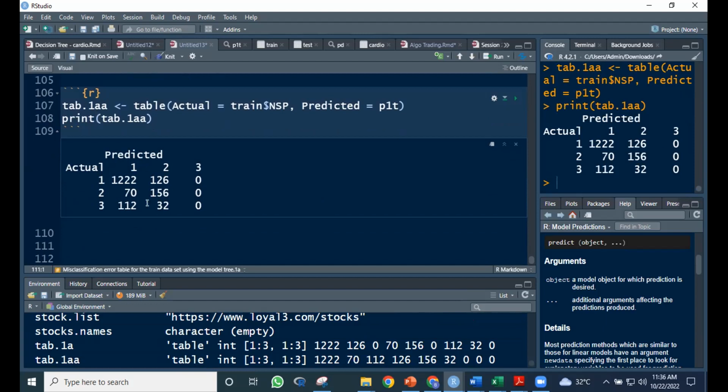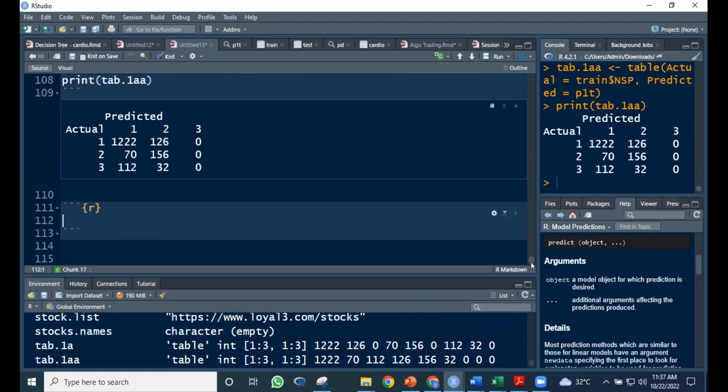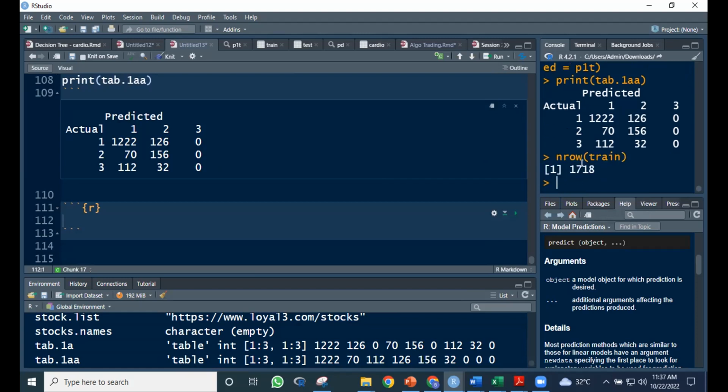Okay. So, let's compute now. Base lang to. Let's compute now ang percentage na tama at saka ilang percentage na mali. So, how do we do that? Ano yung mga tama natin? Ito, 1222 plus 156 plus 0. Diba? Ilan yung lahat ng observations ng n-row ng train data set natin? There are 1,718 observations. So if we do the mathematical of this, 1222 plus